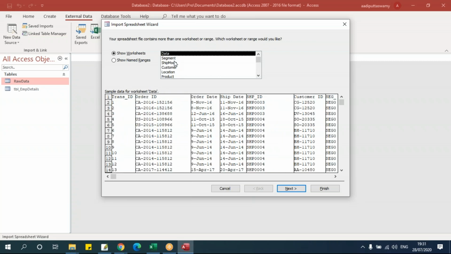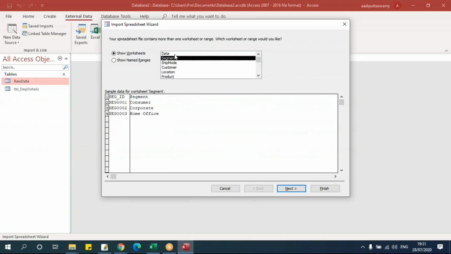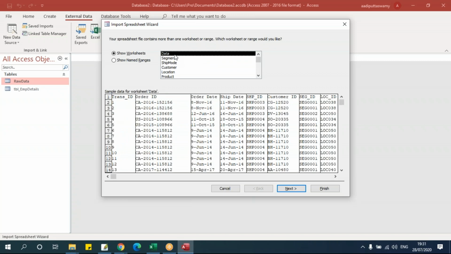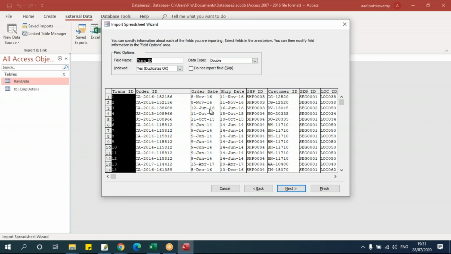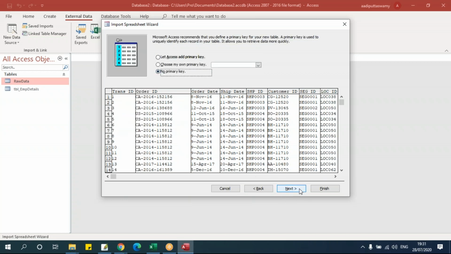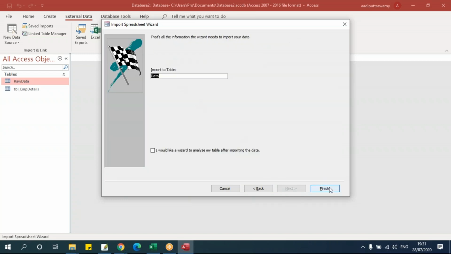I cannot take multiple tables like this. One at a time I can do. Let's say I'll select this data, say next. Again, it asks for the first row as headers. I'll say first row contains column headings. Say next. Same process again. Now I'll say next. No primary key. Then I'll say finish.